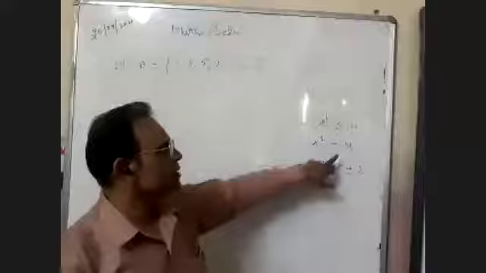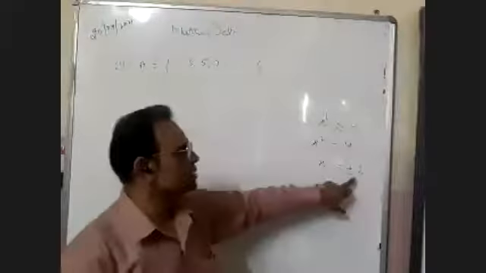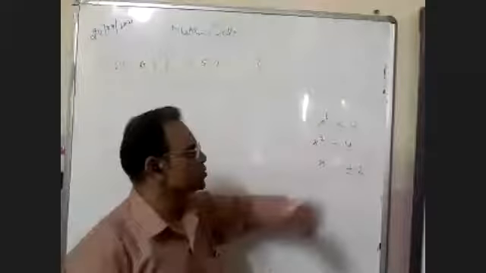If it is equal, it means you can take both the values: x square less than or equal to 4, or x square equal to 4. So less than or equal to 4 includes both the values. यानी कि x square 4 यानी कि -2 is here and +2. So B के elements will be -2, -1, 0 and 1 and 2. These are the elements of set B.